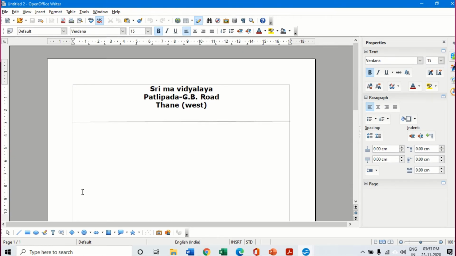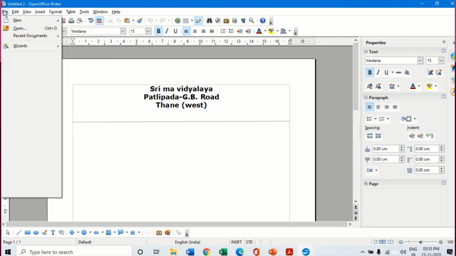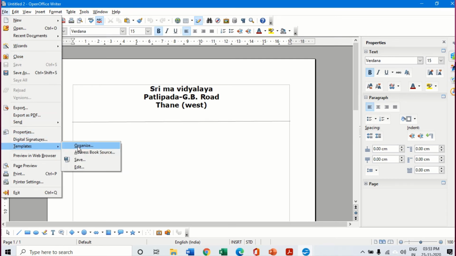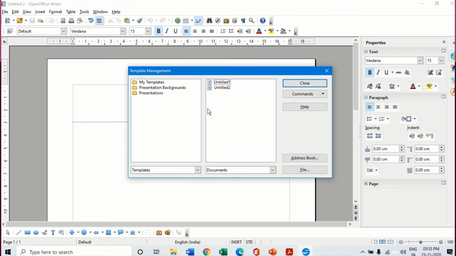Now, how do I revert back to the original text document, which comes as a blank format with Times New Roman and size 12? That is the default setting of a text document. How do I get it back? If I do not want this template any longer, I can simply go back again, go to templates, click on organize, and here under the template commands, you click on reset default template back to text document. Click on close. I've already set it back once again. I go to commands and reset default document. I showed you how to do that, and then I click on close.